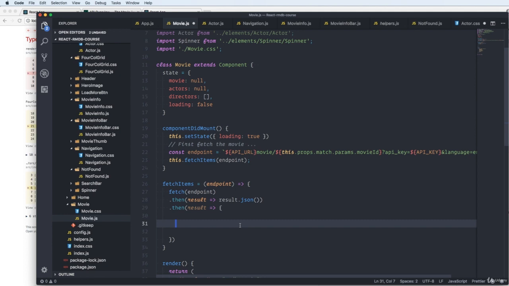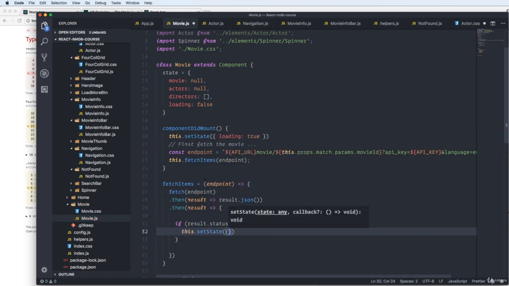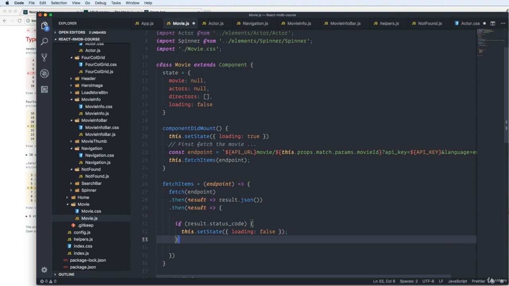So if we do this check, we write if result.status_code. If this exists, we didn't grab a movie. So we have to set the state back to loading false. So we set this.setState loading false. And we don't have to do anything more. We don't have to grab the actors because we don't have any actors to grab because we didn't get a movie. So this is all we have to do in this one. We just set the loading to false, and we'll handle this later on when we render out the component